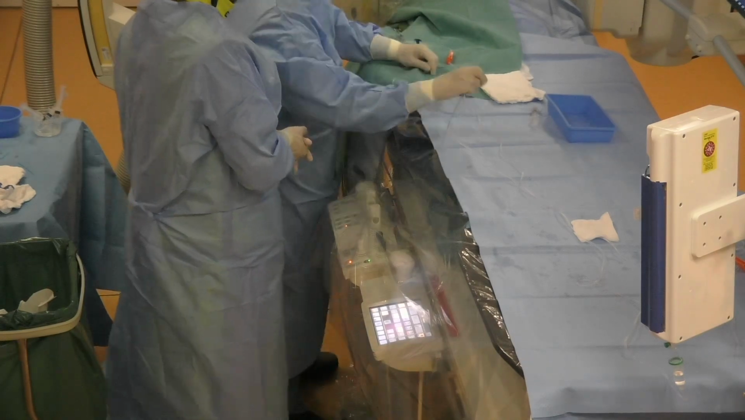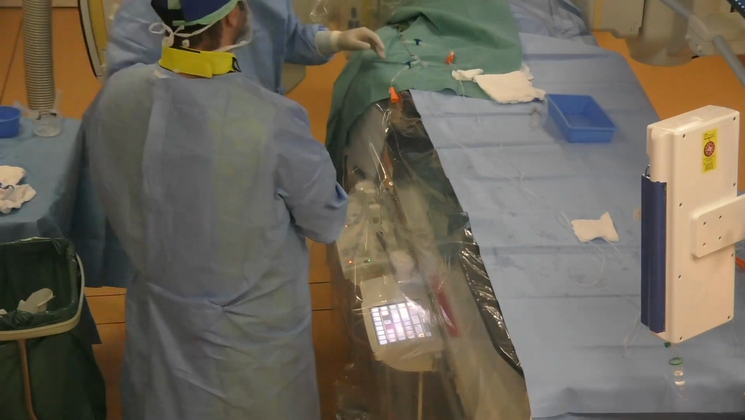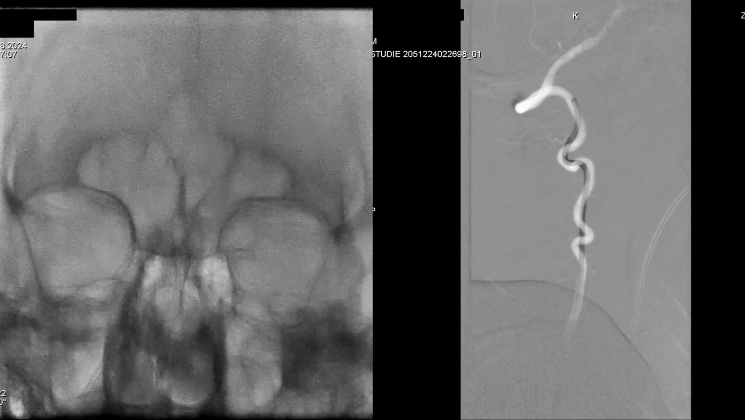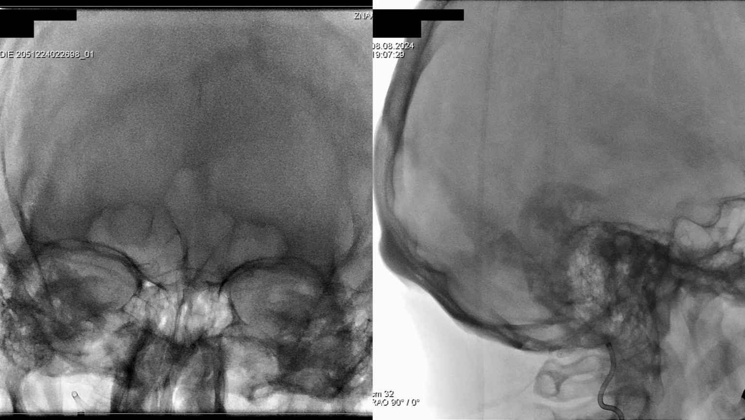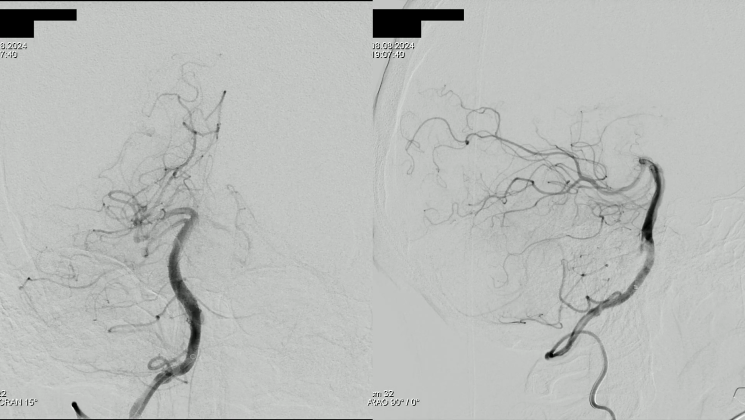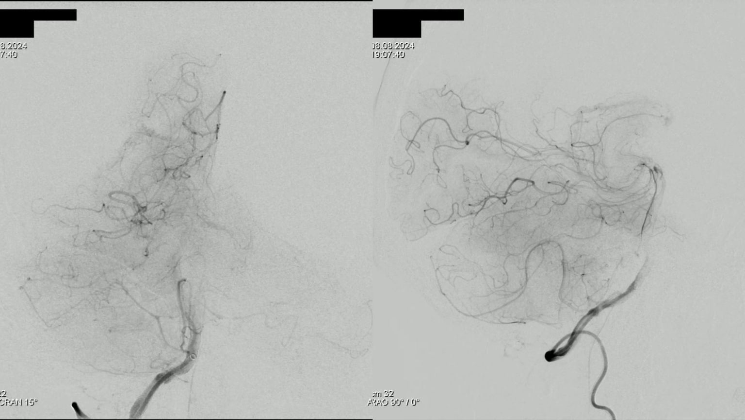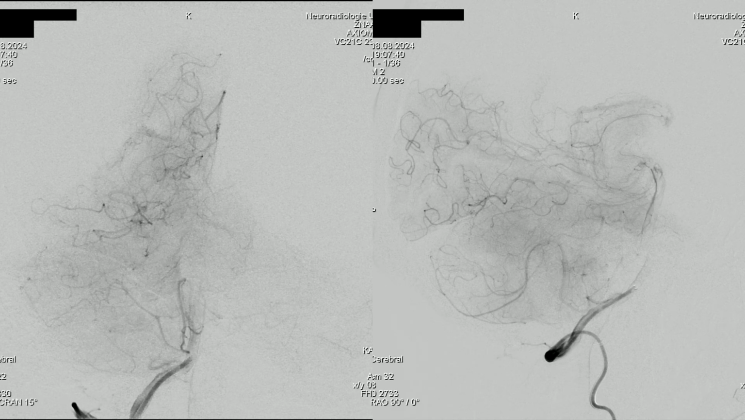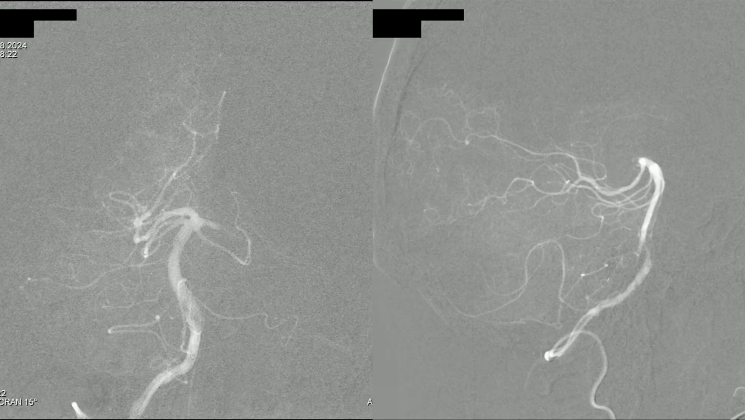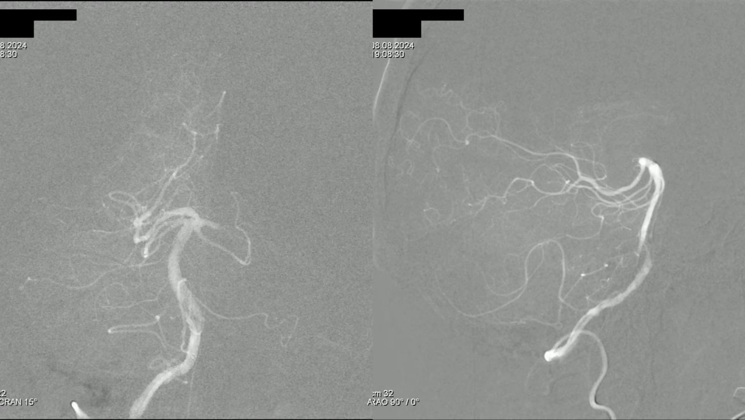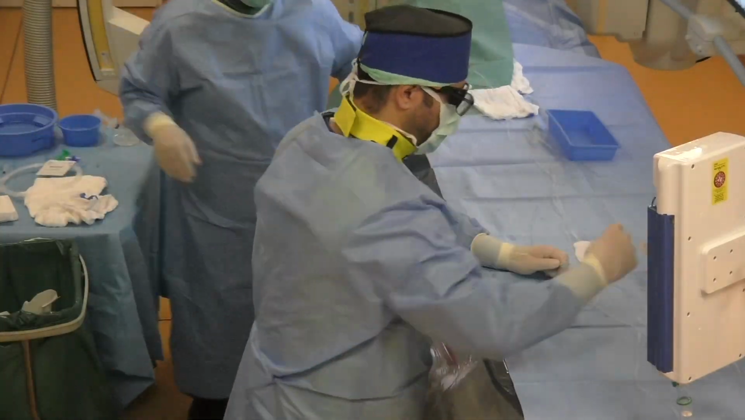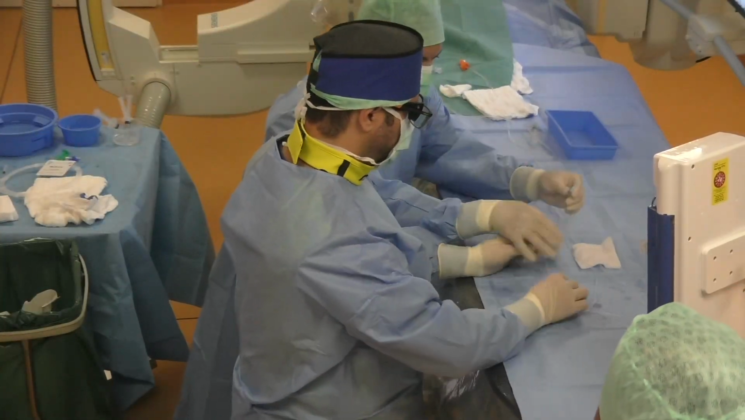And now we remove the stiff Terumo wire, and now we adjust the intracranial vessels, and now we perform a 2D angiogram to see the occlusion. And as you can see, there is a P1 occlusion of the left PCA. And now we push the aspiration catheter Sophia 5F to the tip of the basilar artery